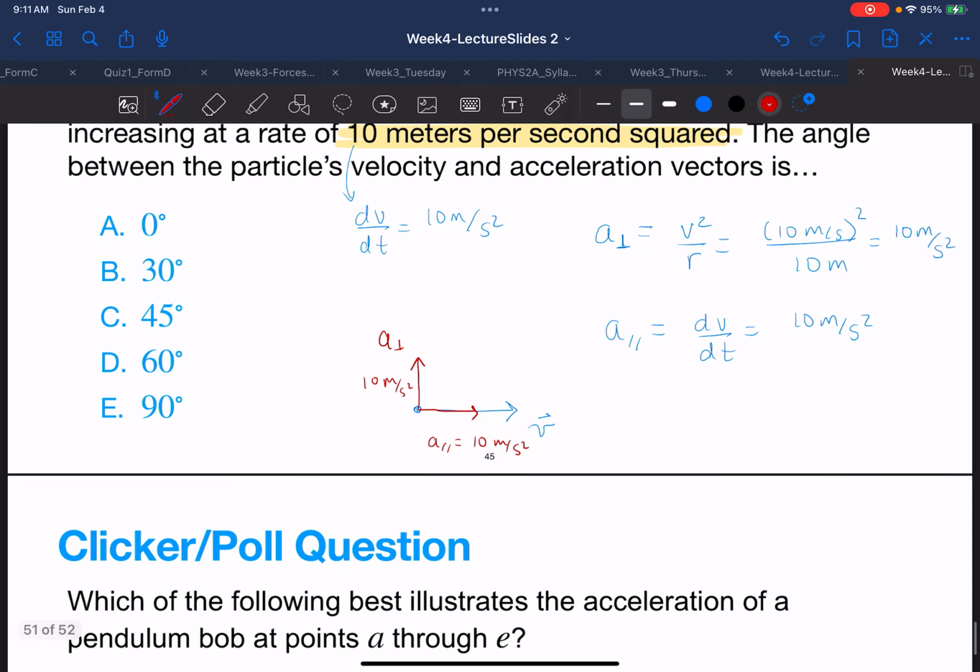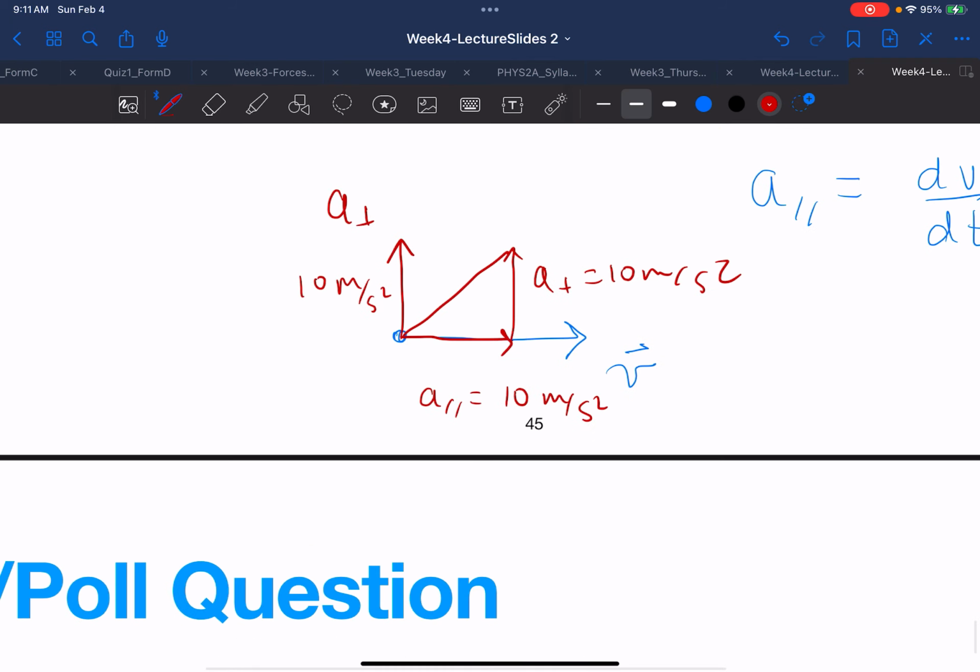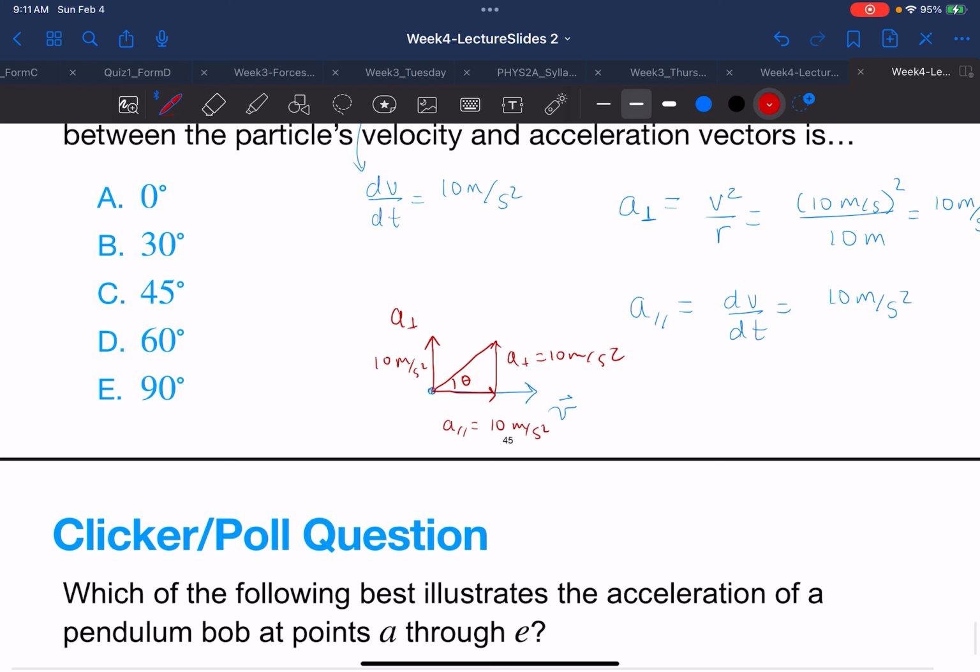So let's redraw. a perpendicular equals 10 meters per second squared, and we want to know what this angle theta is. Well, we know this is 90 degrees, and we have an isosceles triangle here because both of these sides are equal, so we know theta is going to be 45 degrees. Theta is 45 degrees, and that's this